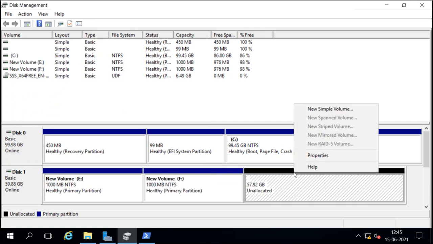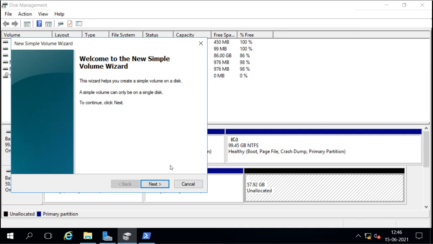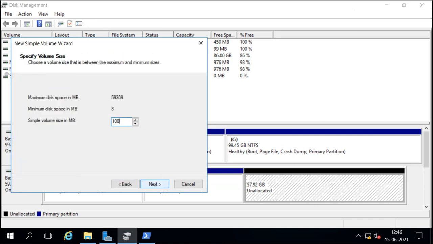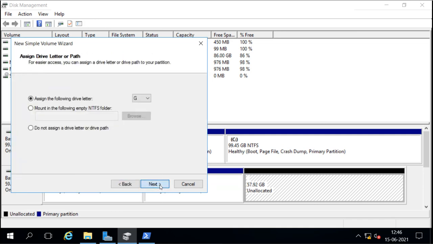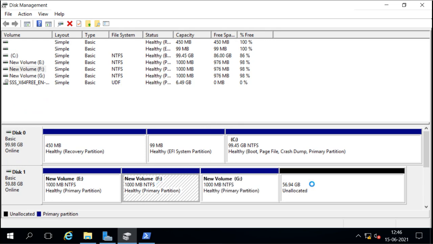Then we'll create one more. Now 3 primary partitions are created. Now if I create one more, then it will also be primary, and one more, then it will also be primary. So I can create up to 128 primary partitions without requiring any extended partition and logical drives inside the extended partitions, because now it is the GPT partitioning style.